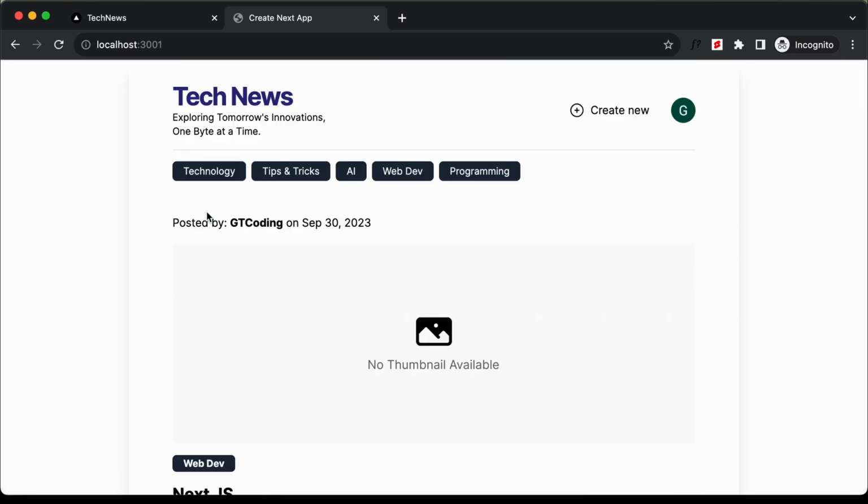Alright, so that's basically it for this video. In the next video, we will set up Cloudinary and we will add the functionality to upload images to our